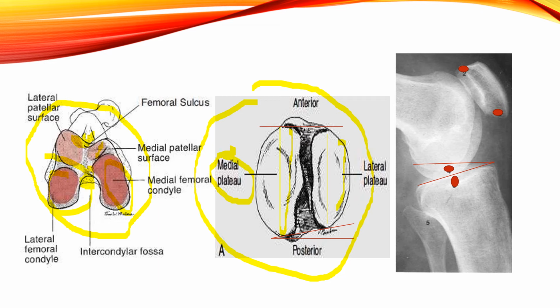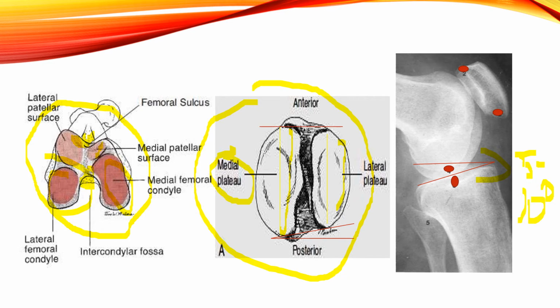Now if you see this lateral view X-ray, you can see how the slope is formed, and this slope is almost 5 to 10 degrees. It varies from individual to individual, and when we do replacement surgery we have to reproduce the same slope of the ipsilateral or opposite limb, or at least keep it normal to have a normal flexion and extension of the knee joint.